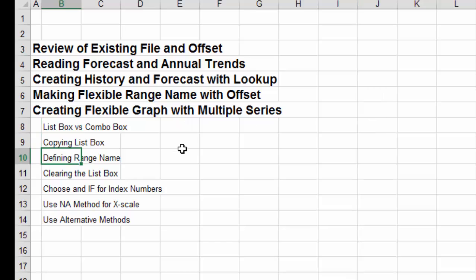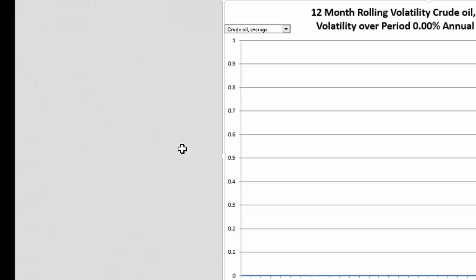And we'll define the range name used in the list box. We'll make a macro that clears the list box. We'll use a choose and if statement just for getting index numbers associated with selections. And finally, we'll make a really flexible X scale. Now, when we do all of this,